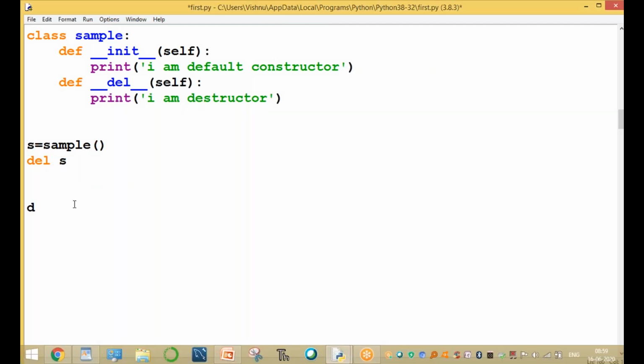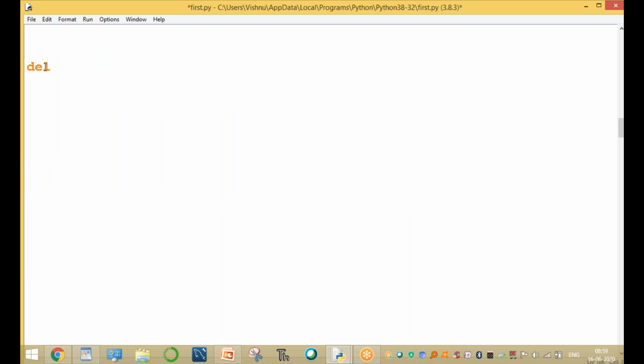So now, what is del? This is the topic of constructors and destructors. Del is a keyword in Python.